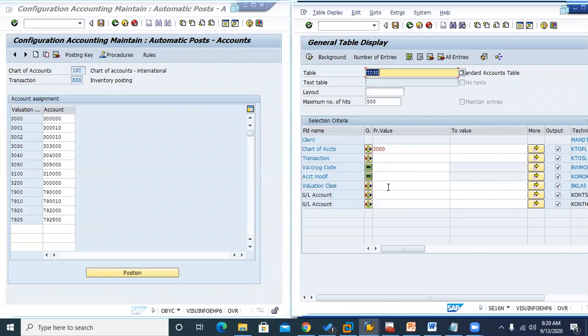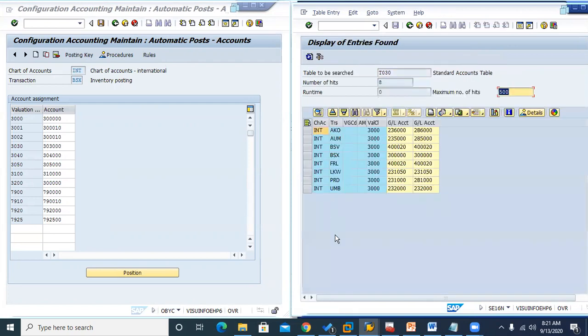Sorry, I'm giving you 3000; it's not 3000 actually, this is an INT. So you can see here that several entries have come.